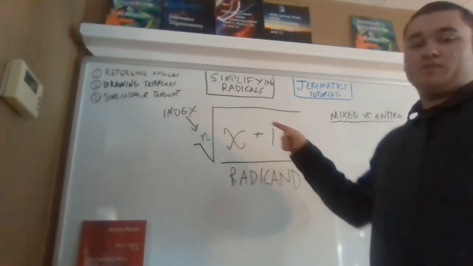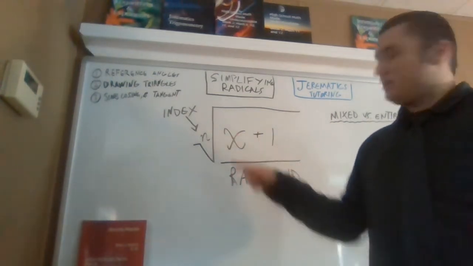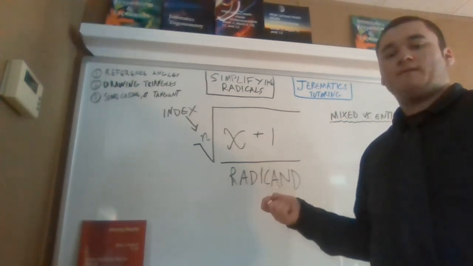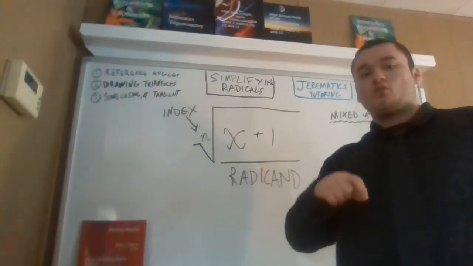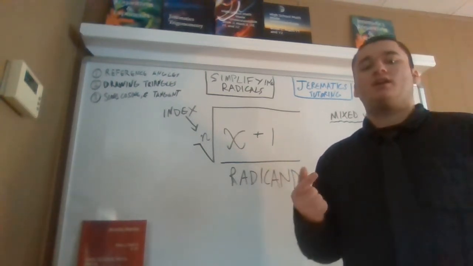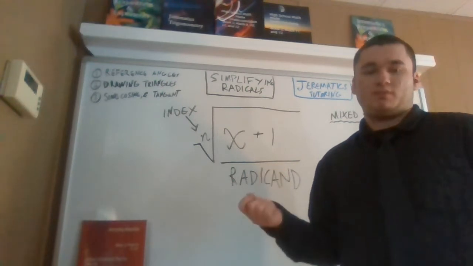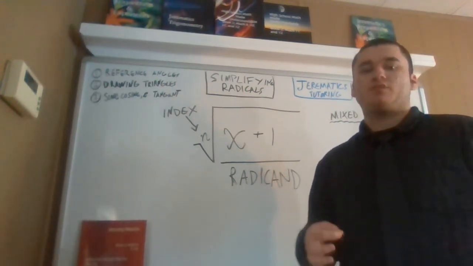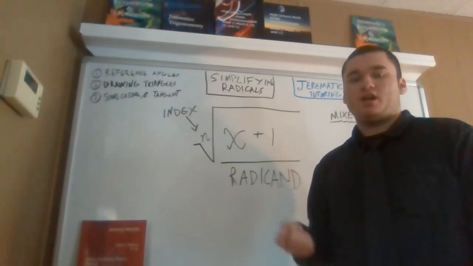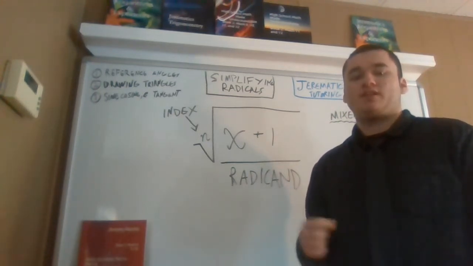And you've got something inside called an index. And this index goes inside of your hook. So, for example, if you've got an index of 2, then you're taking the square root of something. This is like the opposite of raising something to an exponent. So for example, if you're squaring something, you're multiplying a number by itself. But if you're square rooting, you're trying to find a number that multiplies by itself to get what's inside of